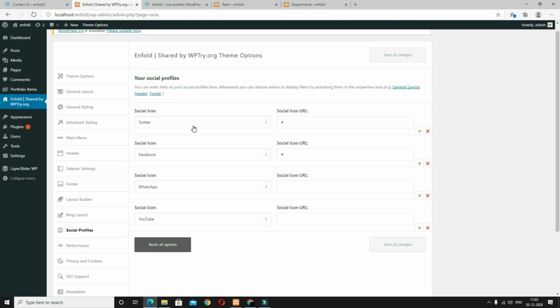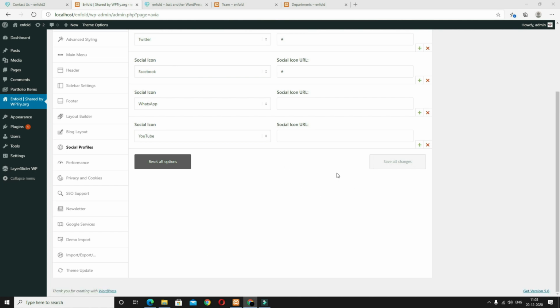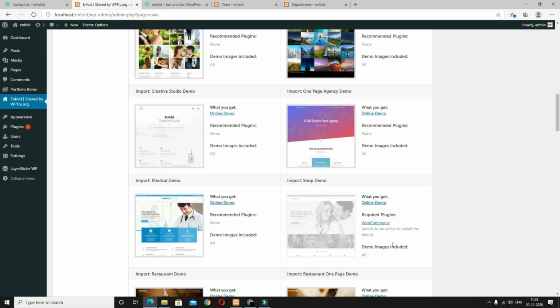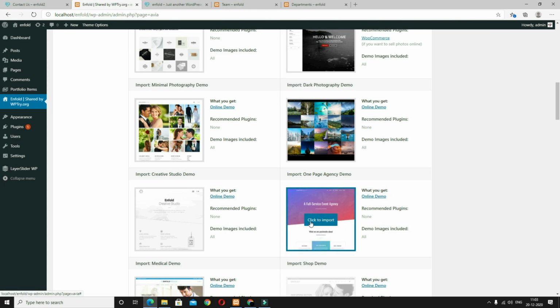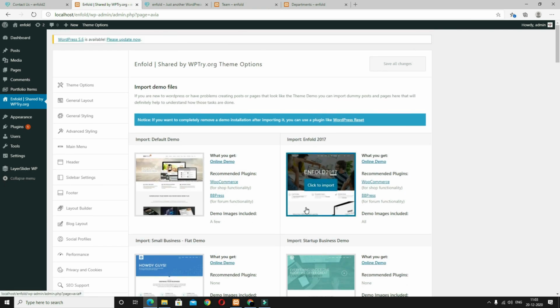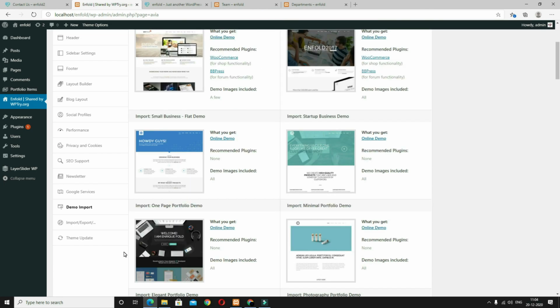Remaining keep as it is, and if you want to import any demo, you can do it from here. Here you have to click on this demo importer, and whatever demo you want to import, you just have to click on it, and click to import. But I highly do not recommend using the demo website, because if you watch this tutorial from start to end, I can guarantee that you will also be able to design a complete website on your own, not by using any demo. And installing a demo is not a good practice, to be frank. I do not like that. Okay, so let's design the footer now.